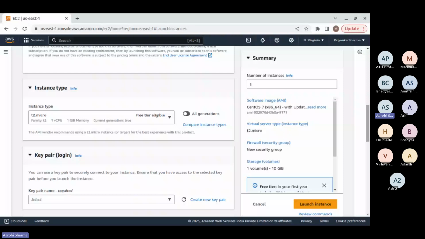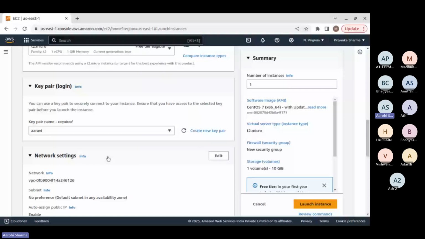That's why I'm choosing T2.medium for the master node only, because it's a costing AMI. So I'm choosing only one node as a costing node, and the second node I'm taking free tier eligible, right? If you guys want, you can go with both the nodes as T2.medium. It's all up to you, about your budget.